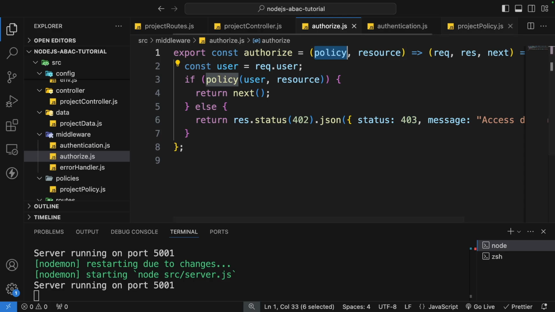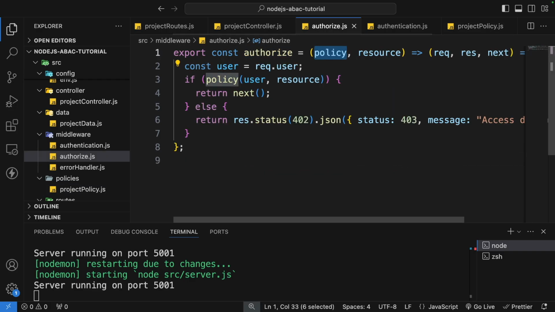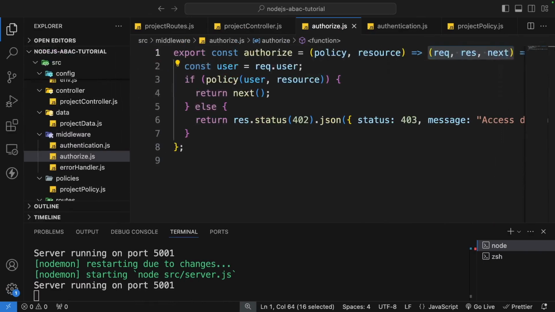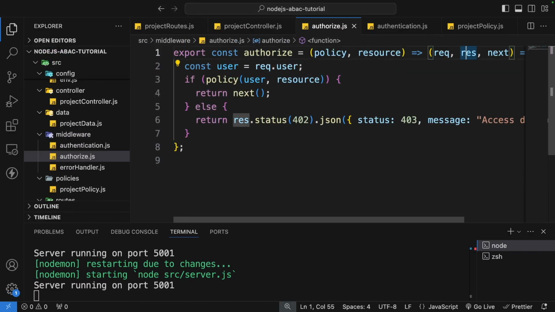So our policy would be a function, so it could be a can view project function, or it could be a can update project function. All right, so we take that policy and a resource against which we have to make a check. Now this is a middleware, so that's why we have this inner function which is the middleware function. From the middleware function we get the user, and then we pass the user to the policy function where the checks happen,